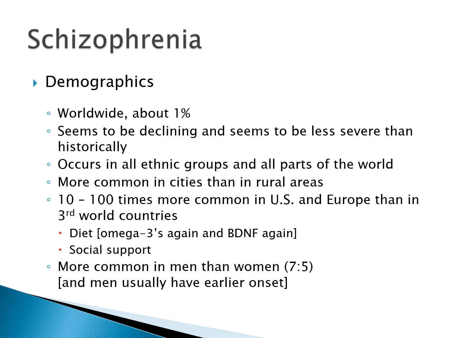It occurs in all ethnic groups and all parts of the world. There doesn't appear to be any particular ethnicity or race where we see more schizophrenia. It is more common in cities than in rural areas. Your author says this is most likely due to environmental pollutions and toxins and so forth, as we're going to see that those are